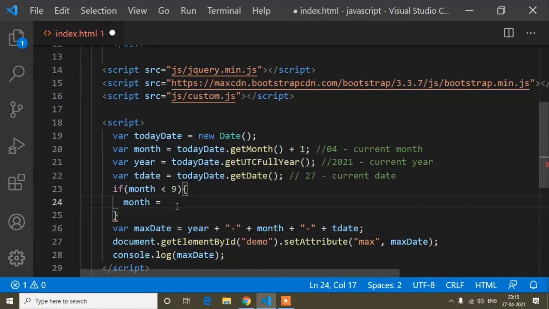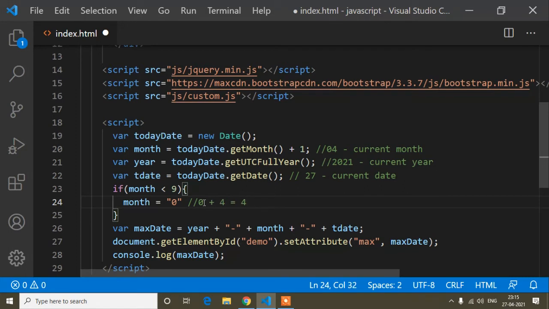I will write 0 as a string, otherwise 0 plus 4 will be 4. I'm just showing here: if I write only the number 0, then 0 plus our today's month, which is 4, equals 4.